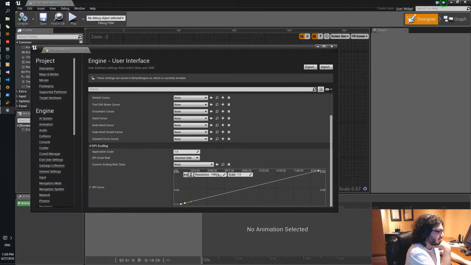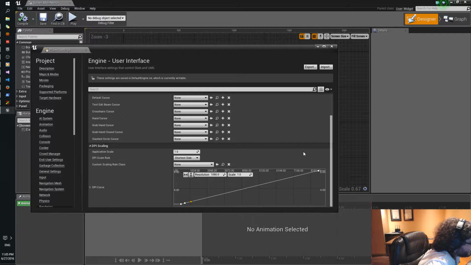So it's gonna end up looking like 1080p, and the shortest side is 1.0 scale. That makes sense if we're gonna have our screen automatically be full screen 1080p as our default.